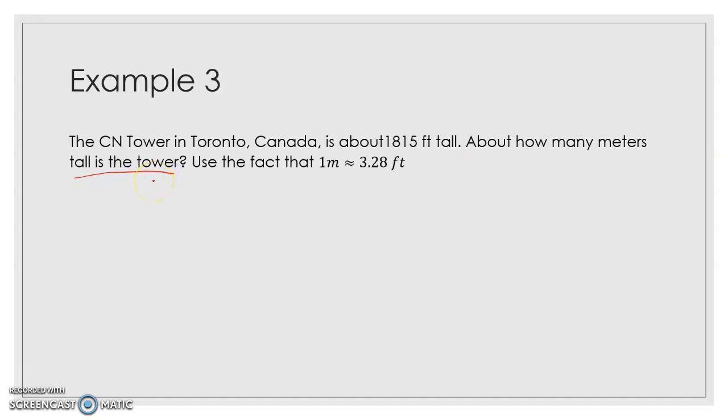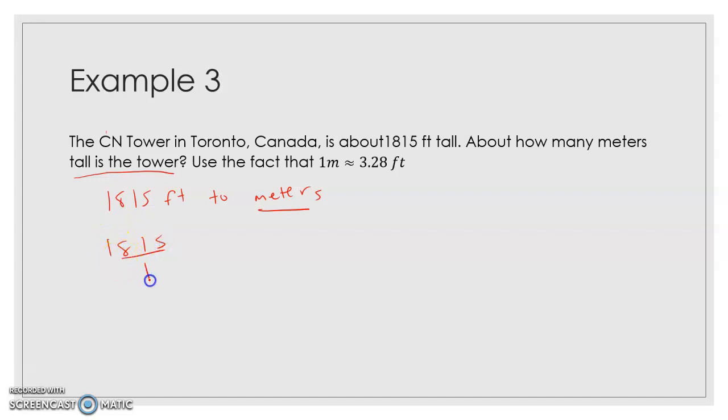So let's write a statement like we had here. They give us feet, 1,815 feet. We want to convert feet to meters. So we're going to start off with this 1,815